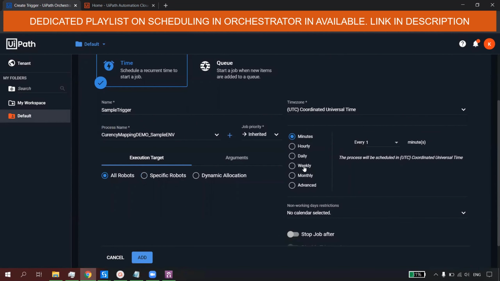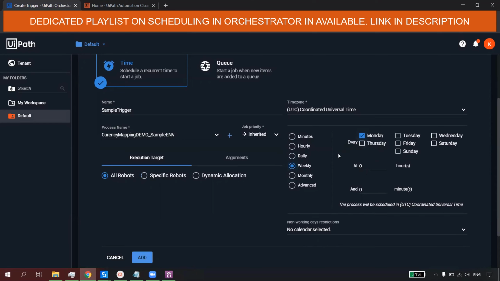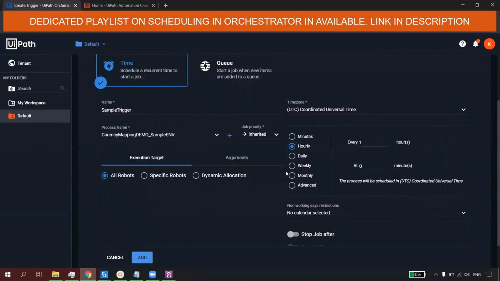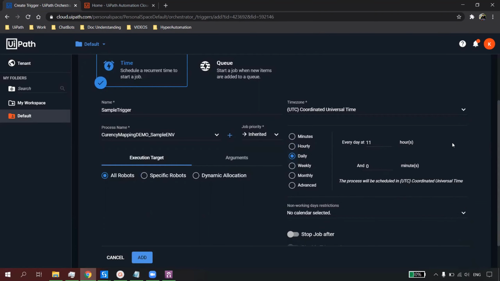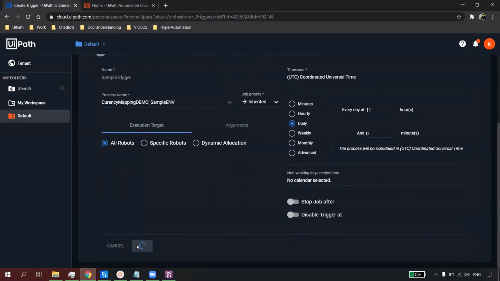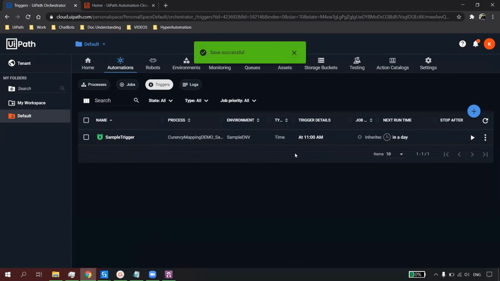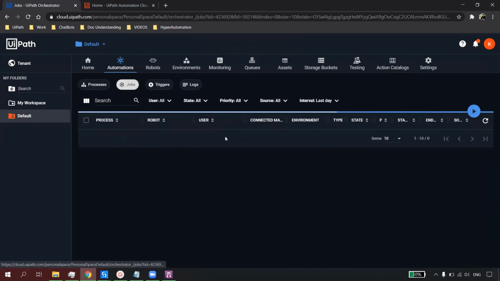Now here it will ask what the frequency is. Assuming that we want to execute it daily, okay, and if you want to execute it weekly, you can have this option, like if you want to execute on Monday, Friday, Sunday, you can select those. This is a simple thing, you can always check, uncheck. So let's say I want to execute it daily at 11 a.m., and I will go here and add it. Now it will execute daily at 11 a.m. Can you see? Yes. And in a day it will automatically start, and it will come in the jobs here.